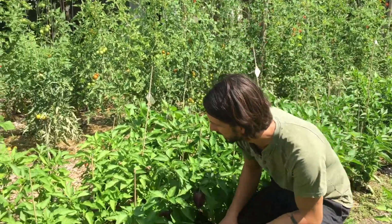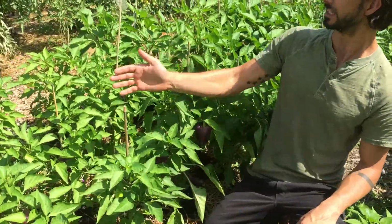Today we're going to be doing a short tutorial on peppers: how to plant them, space them, prune them, and trellis them. It's about late August, the sun is shining, and the peppers are looking beautiful. So I'm going to show you some tips and tricks on how we have really productive, thriving peppers here at Urban Roots. If you want to come on here and take a look, the first thing that you'll notice